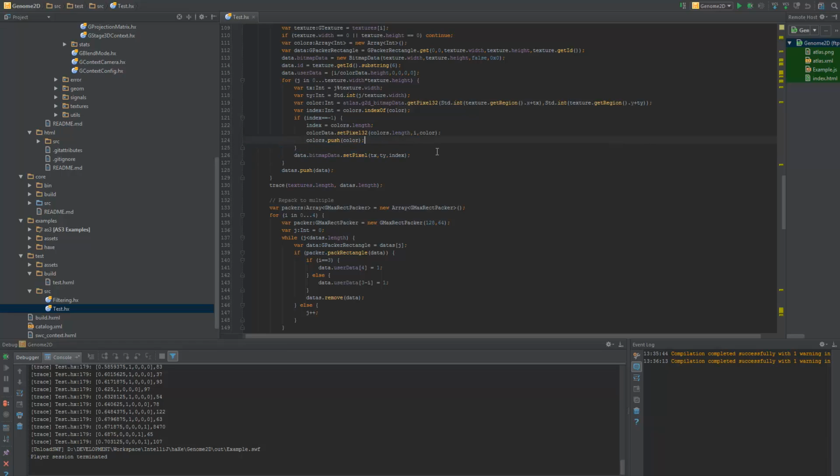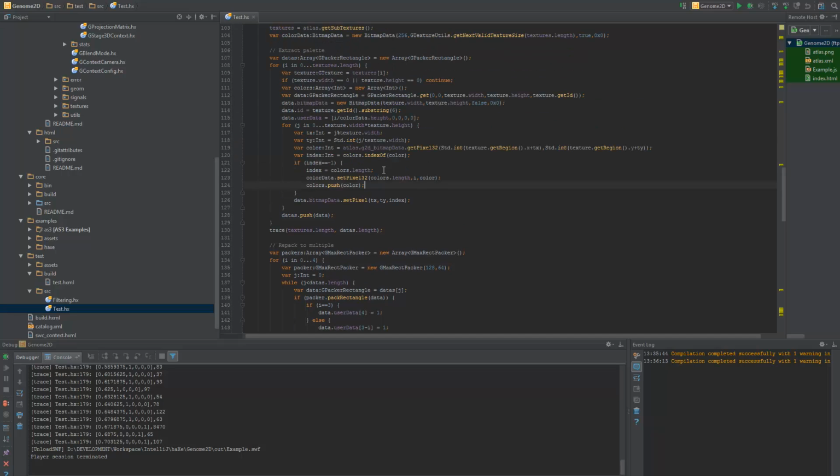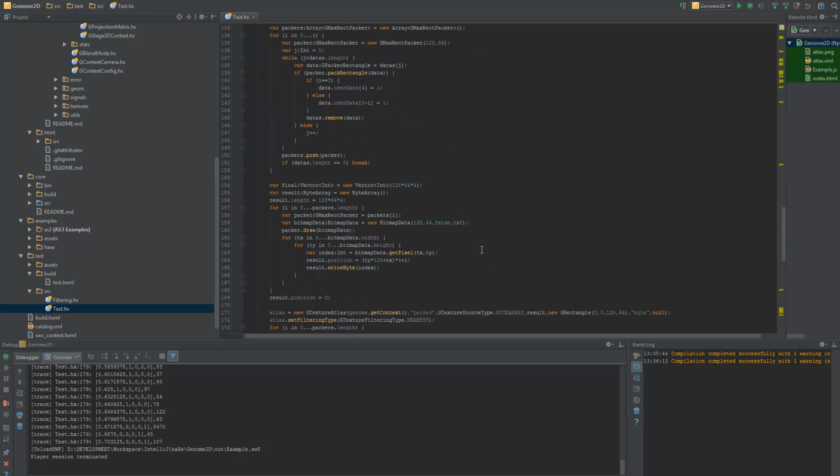So I got the lookup here, where I separated the palette and set the textures to just refer to indexes into the palette, and here I'm just putting it into a byte array, because I just repacked it to the correct